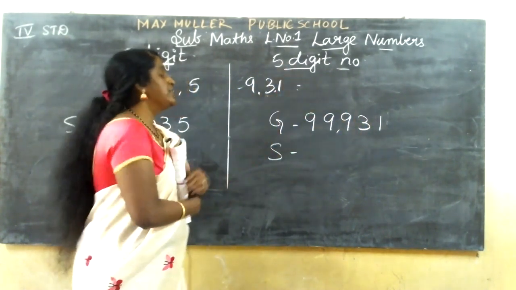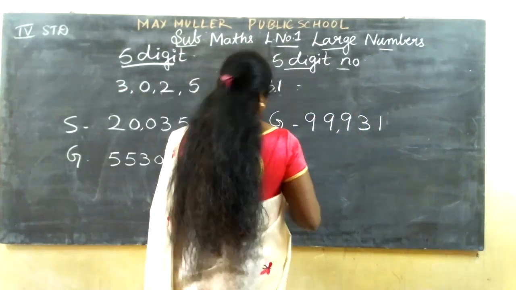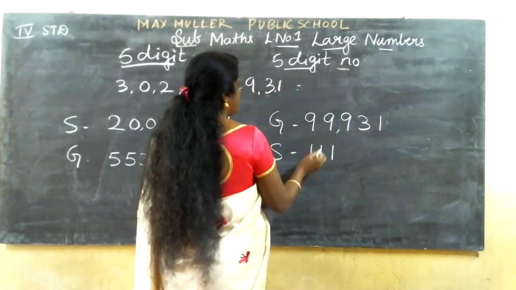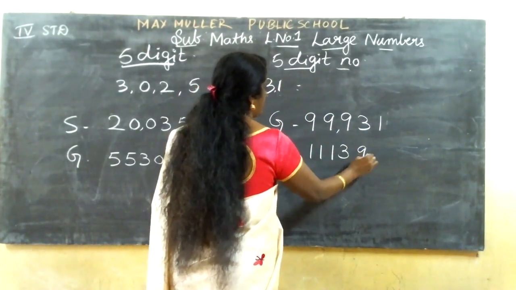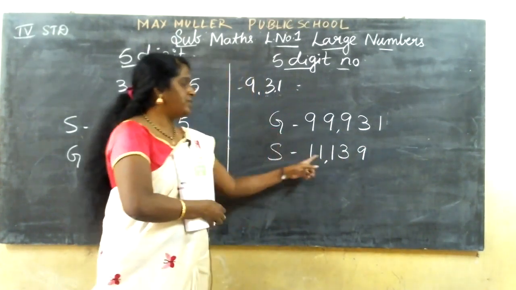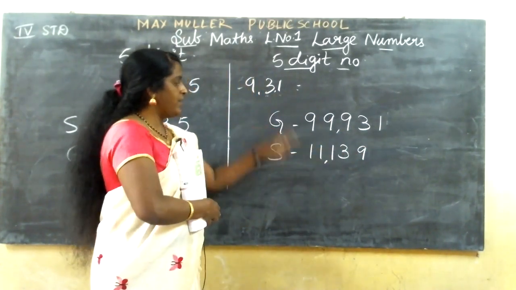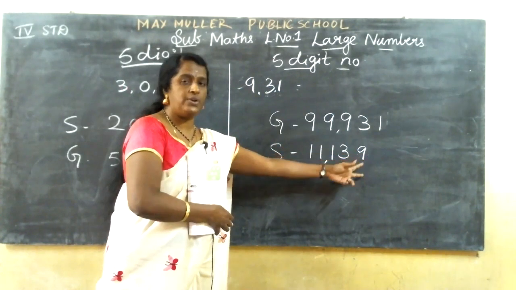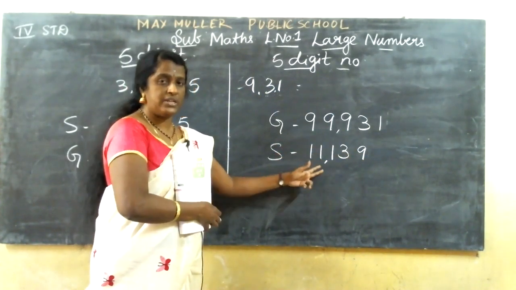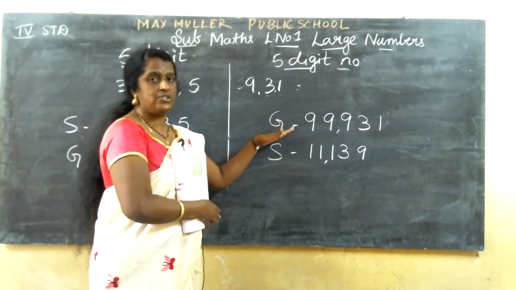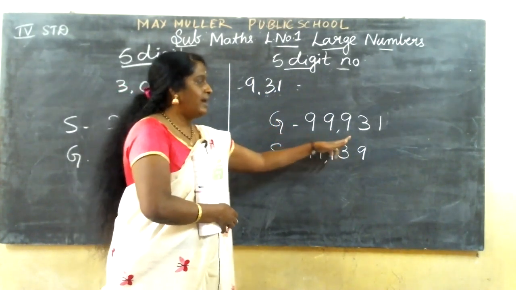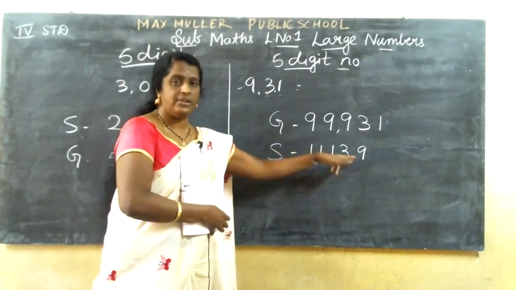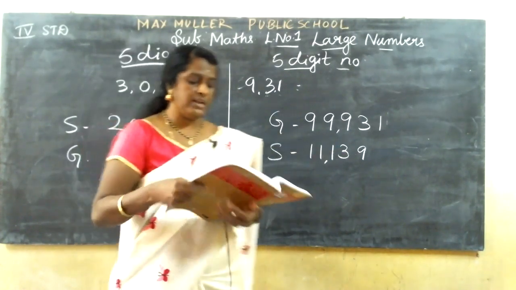5 digit. Smallest means which is the smallest in this? 1. So I'll take 1 three times. Afterwards, see, 1 three times I took means 3, 9, 1, 2, 3. Here, 1, 2, 3, 4, 5. Smallest is 1, so I took 3 times because 2 more numbers are there, so I took 2 numbers last. Smallest digit and greatest digit, 5 digit. So 99,931. Here, smallest 11,139. Understood? So this and all you only complete, children.